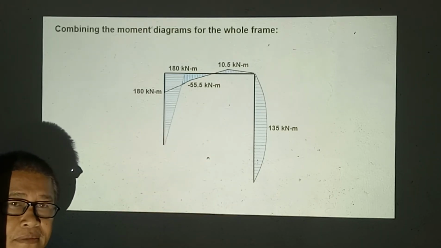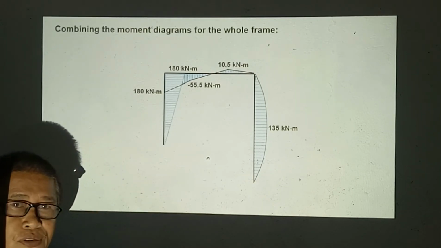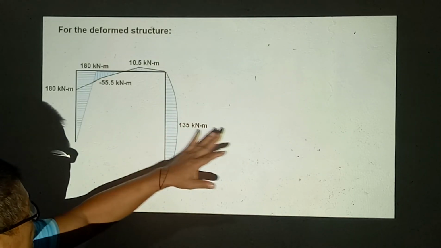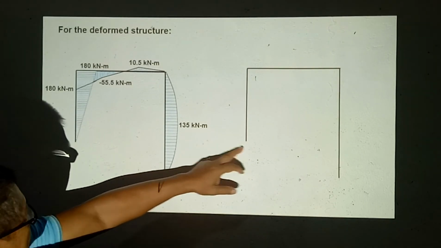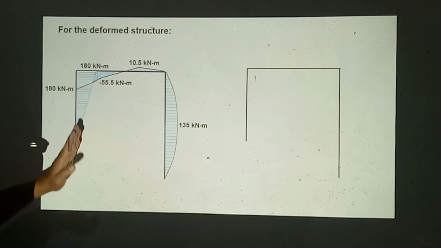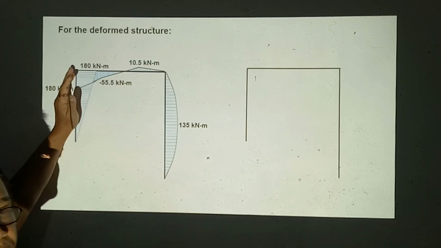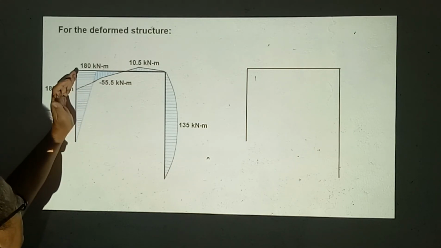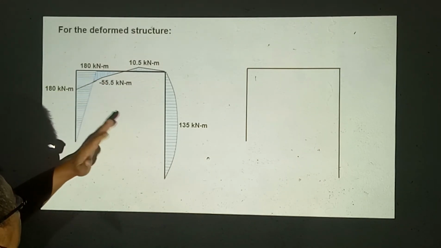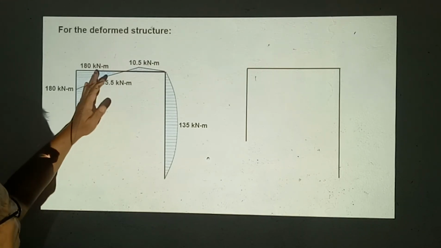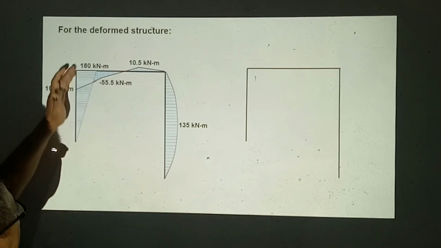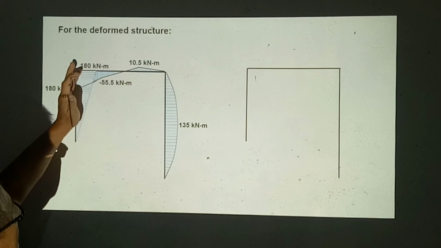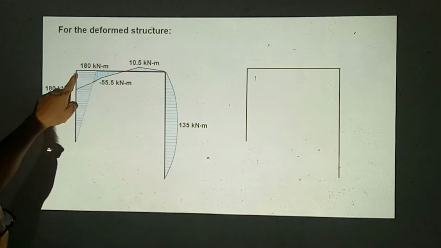Each of the members will have to deflect and follow a deformed structure for the whole frame. So we refer to our deformed structure from this moment diagram. Okay, this moment will cause bending towards the right, no, opposite. The moment that is developed on a certain member will cause bending opposite to where the bending moment is located. If it is this moment, then the bending is like this towards the left, and it will be zero slope